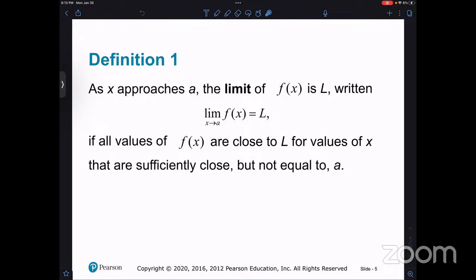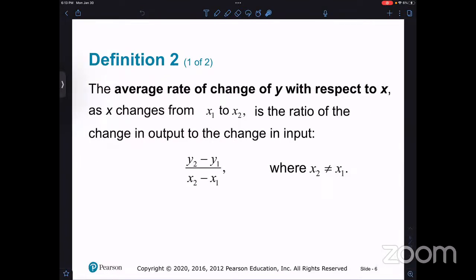Now if we look at the average rate of change as x changes, consider the xy plane and an x1 and an x2, two different x values. This is basically the slope between 2 points. Rise over run, change in y over change in x. That's all that this is saying. So average rate of change is just the slope. Difference quotient is essentially just the slope as well. Let me put it in context for you when it comes up.